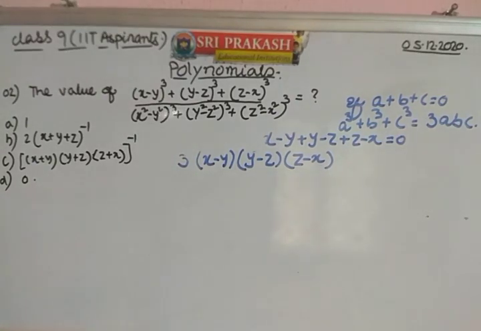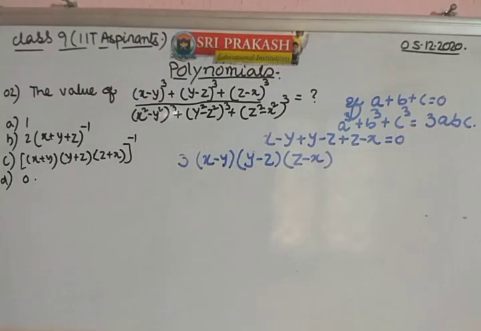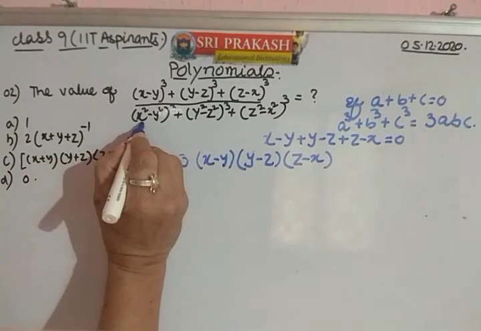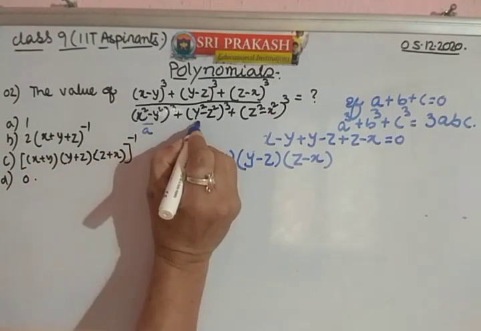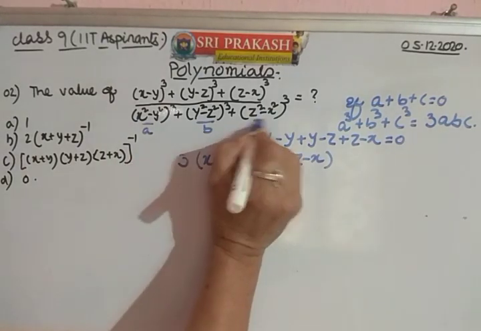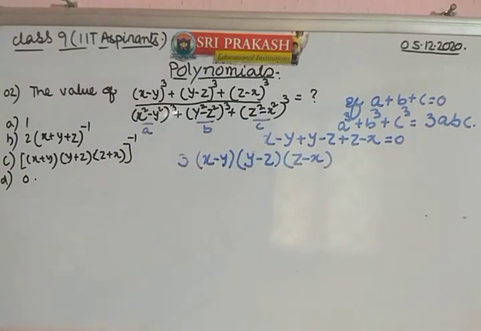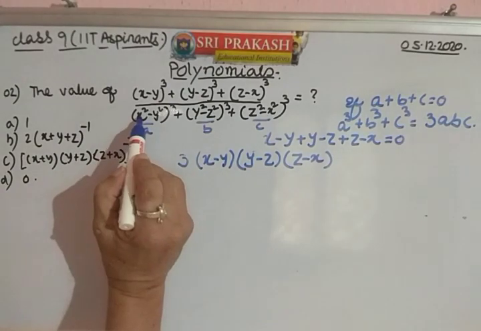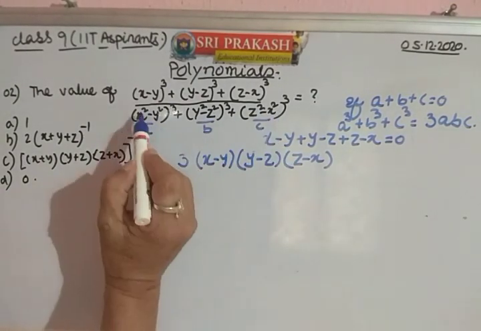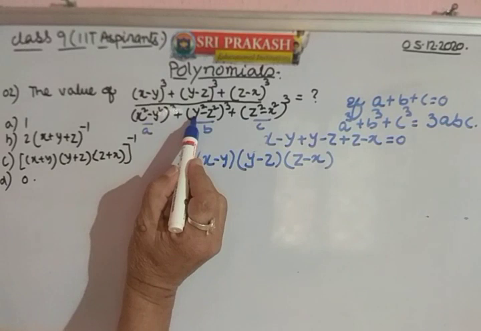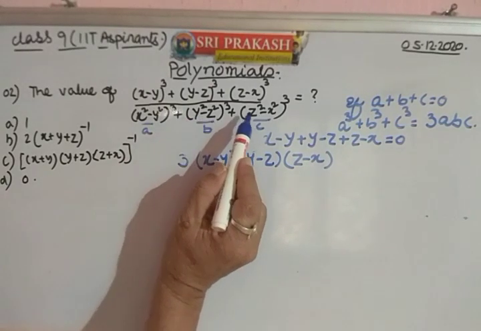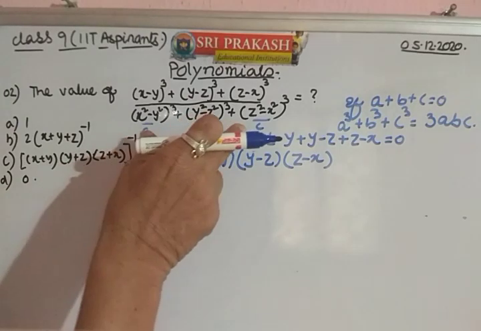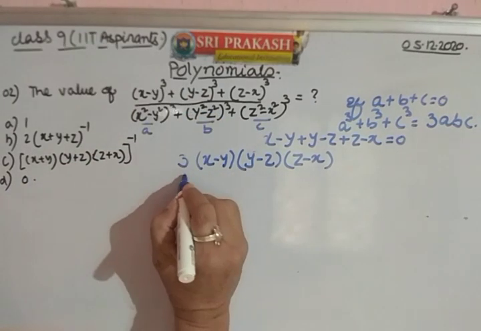In the same way, your denominator check. If you take x square minus y square as a, y square minus z square as b and z square minus x square as c, you get a plus b plus c is equal to 0, because plus x square minus x square cancels, minus y square plus y square cancels, minus z square and plus z square cancels. So, in place of this, you can write